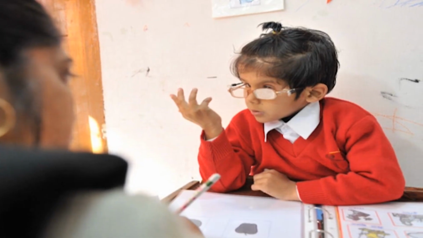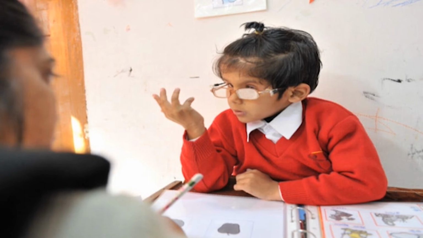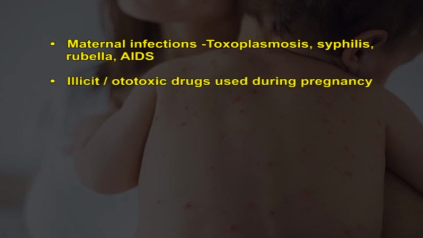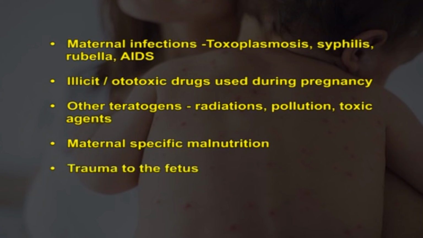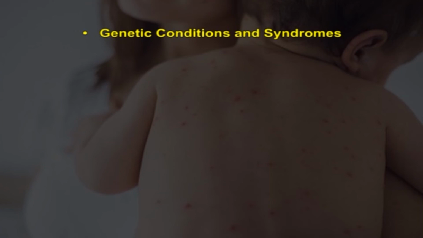Deaf blindness is a combination of visual and hearing impairment and comes in varying degrees. The major causes of deaf blindness are prenatal causes: maternal infections, toxoplasmosis, syphilis, rubella, AIDS, illicit and ototoxic drugs used during pregnancy, other teratogens, that is radiations, pollution, toxic agents, maternal malnutrition, trauma to the fetus, abnormal prenatal brain development, genetic conditions and syndromes: Alport syndrome, Asperger syndrome,